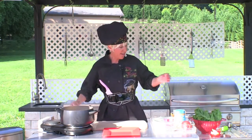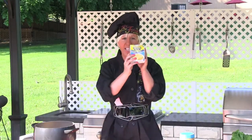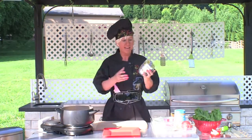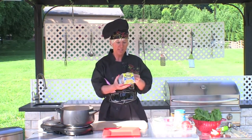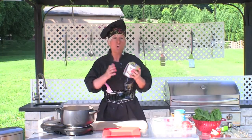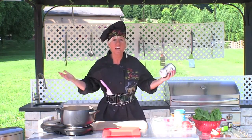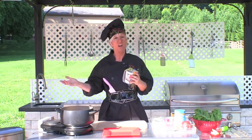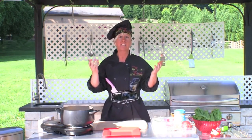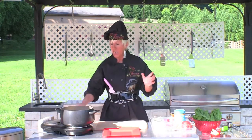One of the things I found out, the number one thing your children eat at school is something like this, an instant kind of meal. They're cheap. This cost me 28 cents. Let's be honest, guys. The problem I have with this is 1,100 milligrams of sodium. You're only allowed 1,500 for the entire day, and that's on the high end. This is garbage. You do not want your kids eating that kind of food,